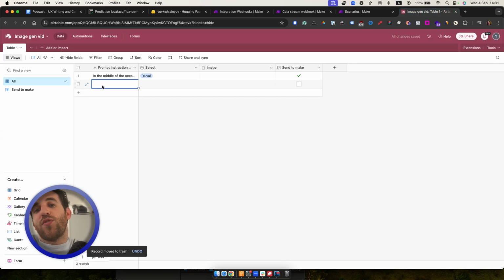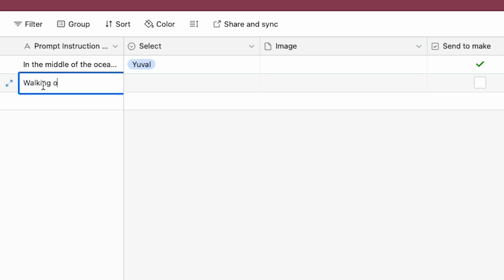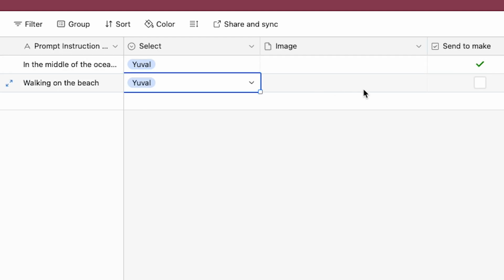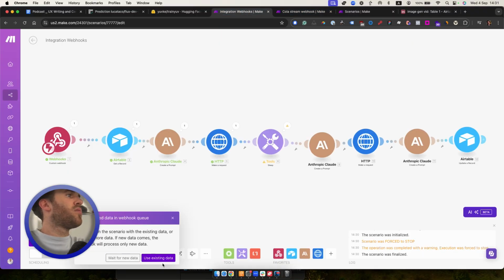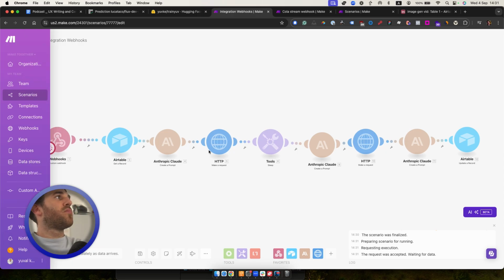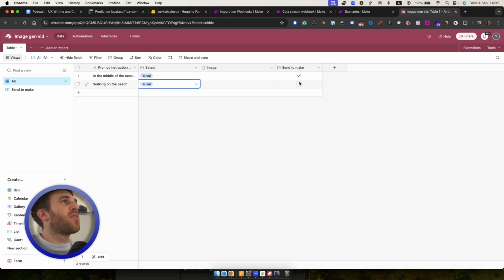Let's go for walking on the beach. So, picture of me walking on the beach. This is my prompt, and what I need to do is just to run once, wait for new data. So that's what I'm doing right now. I'm sending it to Make. Send to Make. I would expect to see afterwards an image of me walking on the beach after it will